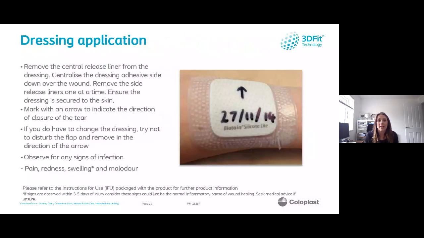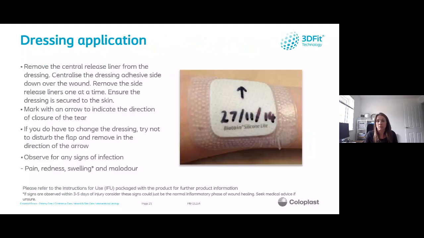We then look at dressing application, and we want to be placing the dressing on the wound, removing the central release liners from the Biatain Silicone dressing in order to create that adhesion to the centre or the edges of the centre of the wound. We would then remove the remaining wings one by one in order to get that clear adhesion of the dressing, but at the same time in a